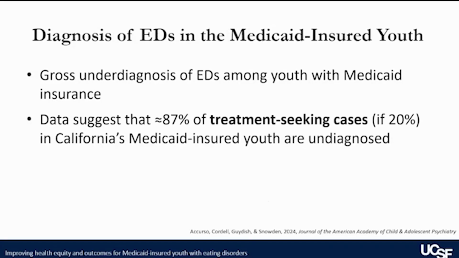So we saw overall a pretty gross underdiagnosis of eating disorders among youth with Medicaid insurance, and Kate can share a little bit about how we came up with these numbers, but even with a very conservative estimate, we were really missing a lot of kids who should have gotten an eating disorder diagnosis in this population. Yeah, so when we looked at the literature to see what the prevalence rate of eating disorders should be in the Medicaid population in California for the ages and years we were looking at, we were only seeing about 13% of what we should have been seeing in terms of kids with diagnosed eating disorders, meaning that 87% of kids who should have been there were not diagnosed,